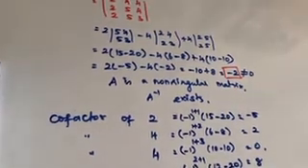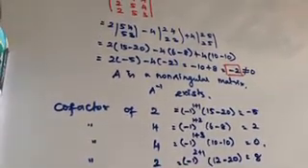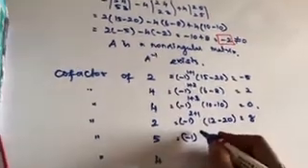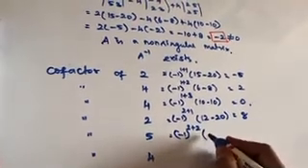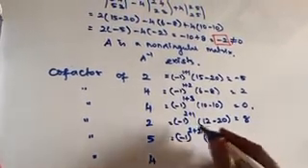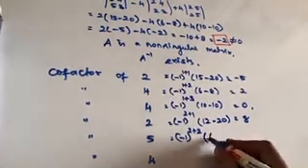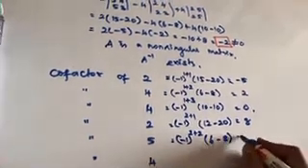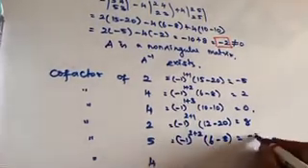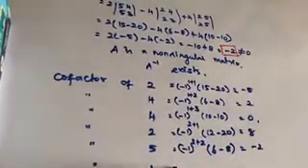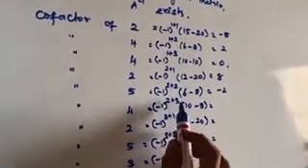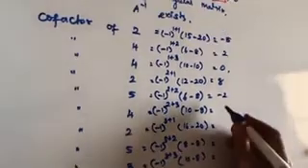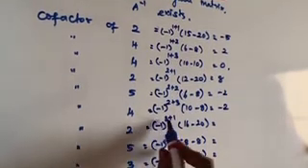Okay. Likewise, cofactor of 5, in the second row, it is the second term. So minus 1 power 2 plus 2. If I remove that row and column, I get 2, 4, 2, 3. So 2 3s are 6 minus 8. So it is positive. 6 minus 8, it is minus 2. Likewise, we have to calculate the other terms also. So 4, it is on the second row, third column. So minus 1 power 5, it is negative. So minus 2. Now 2, it is the first term in the third row.